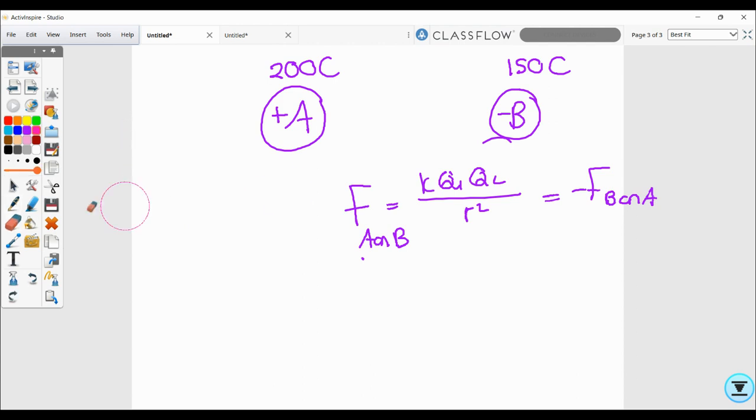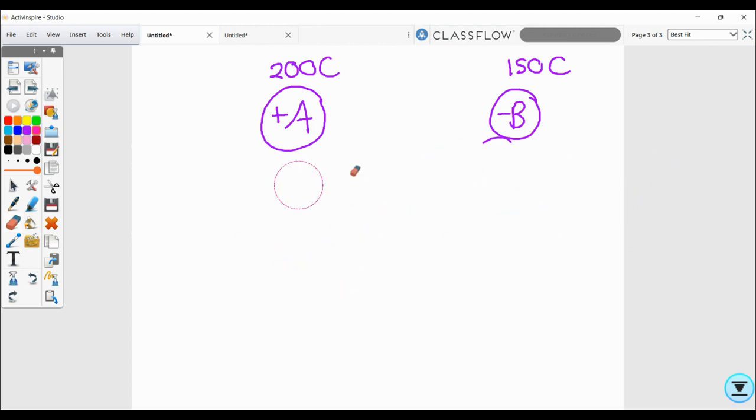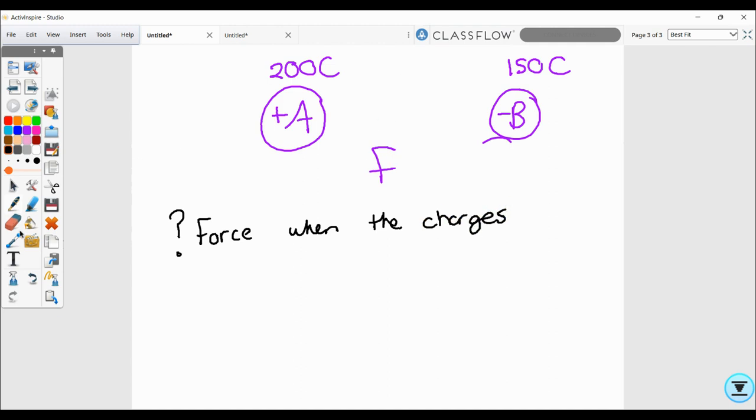Okay, now for the ratios, they can say to you, the force was F. Now they're asking you, what would the new force be when the charges... let's say we didn't have the values, multiple choice question. The force when the charges are tripled